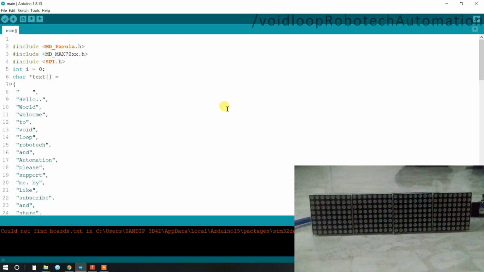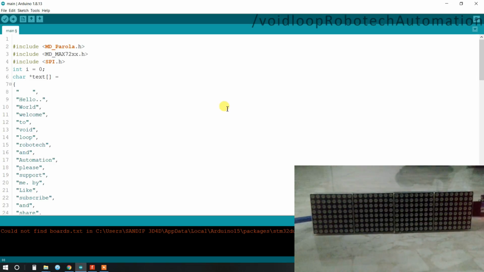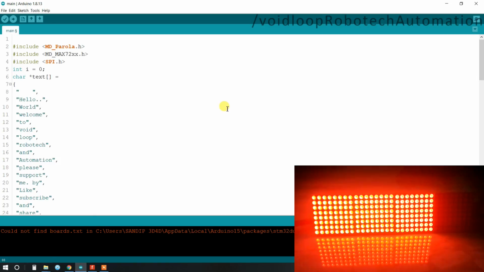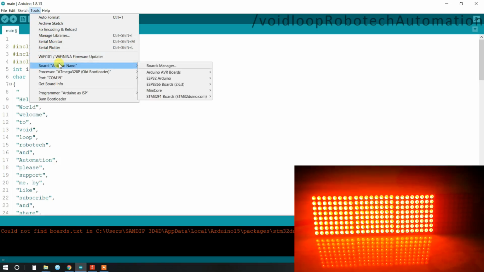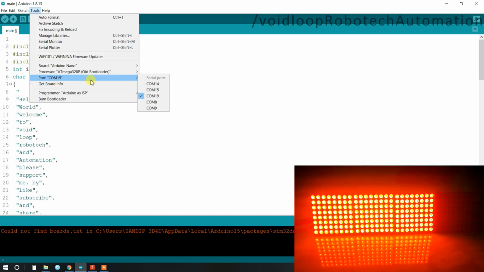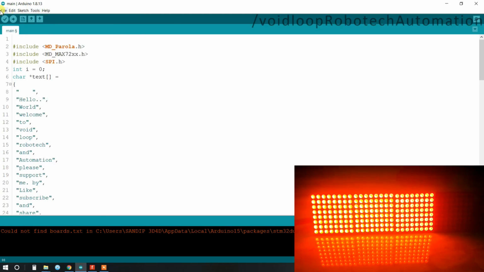Now I will insert the Arduino Nano cable. Okay, and I will select the board here. Here it is Arduino Nano, old bootloader, COM 19. Everything is correct, and I will upload.